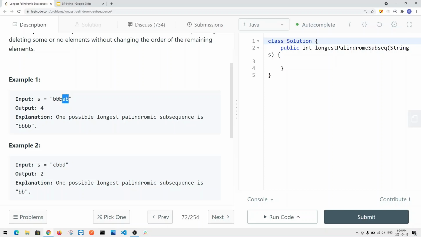I can also have BA, that's a subsequence, where I can have B here and A here, right? So in this case, the longest palindromic subsequence is going to be BBBB, because I can have 3 B's here and ignore the A. This will give us a palindrome, because if I reverse that string, it will give us the same. But I cannot have A here, because if I have A, then in this case, I cannot find a palindrome